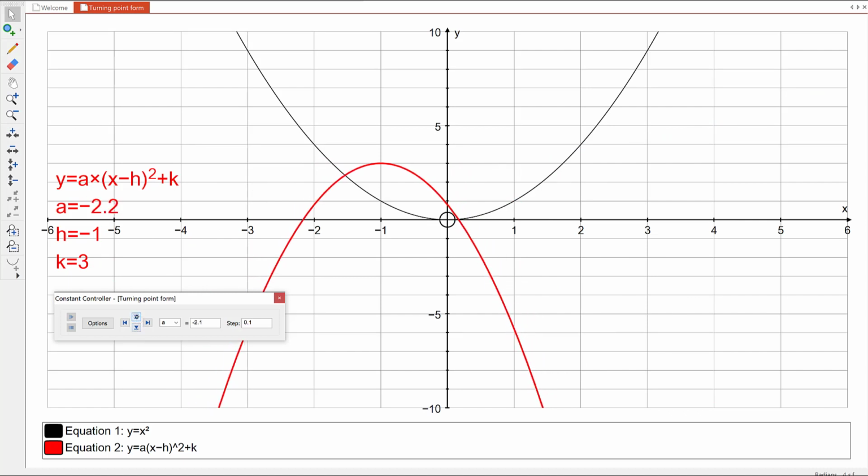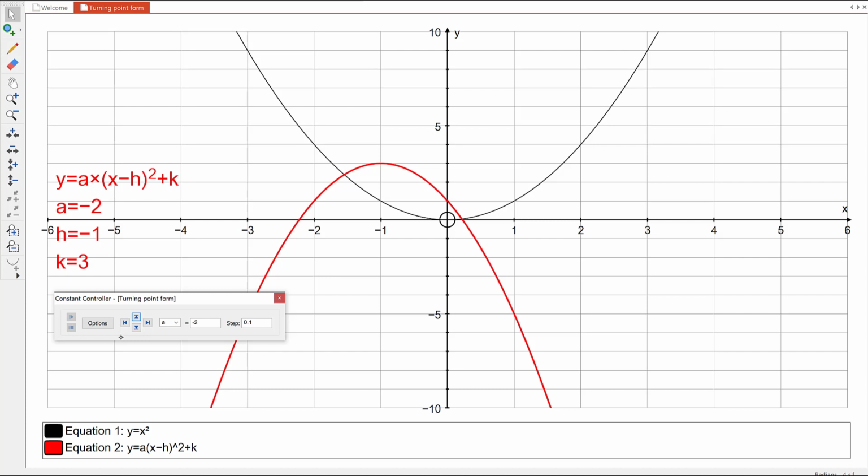No, let's make it negative 2. Okay, and we combine those things together. So now we're looking at a parabola that has been reflected in the x-axis, that's the negative, dilated by a factor of 2 from the x-axis, so a bit stretched, translated to the left by 1, okay, and translated up